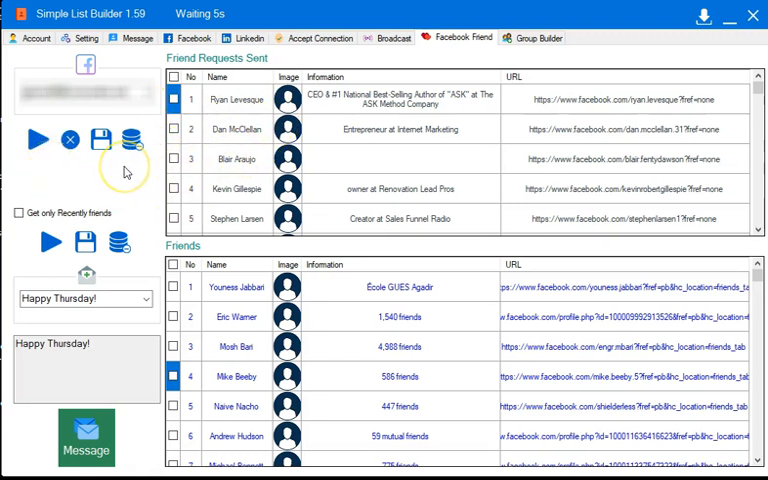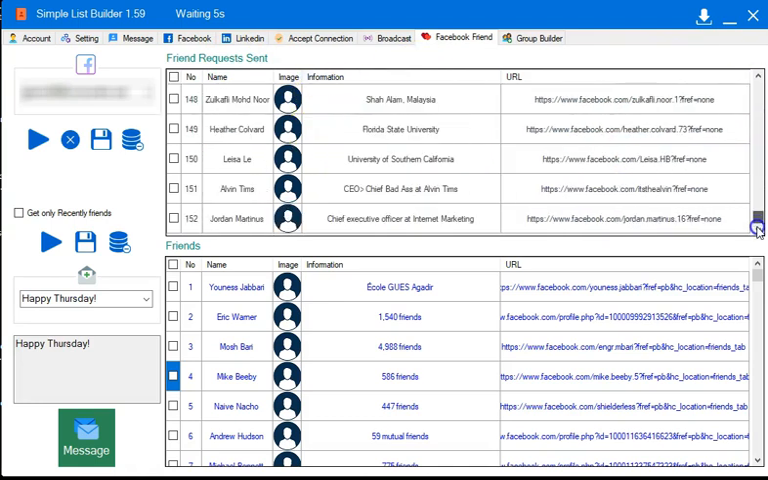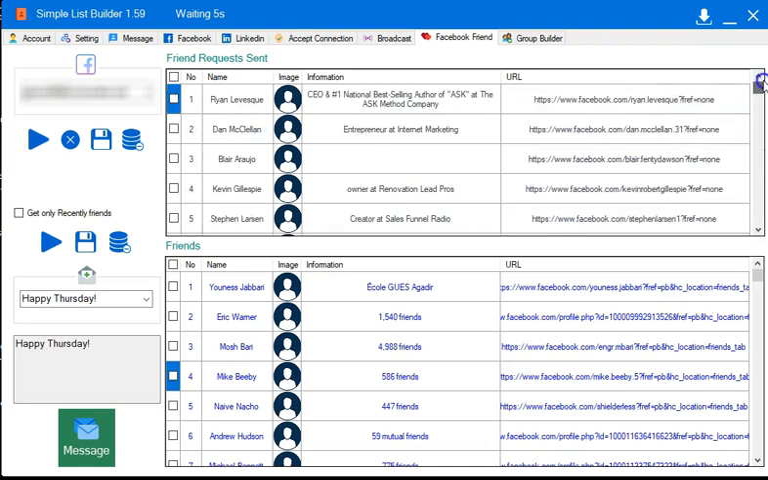Now, what a lot of people don't know is that you can only have 1,000 outstanding friend requests, and then Facebook will stop you from friending people. So in order to deal with that, what I've built up here is the ability to pull in the friend requests that have already been sent that they have not accepted. Okay, and mine's 152 at this moment,